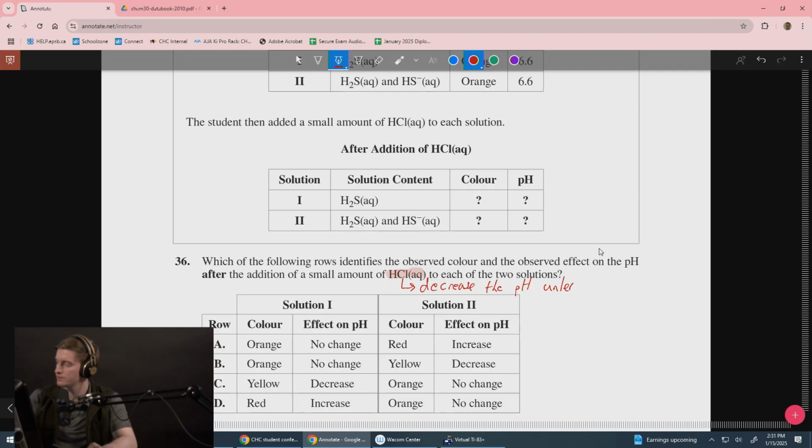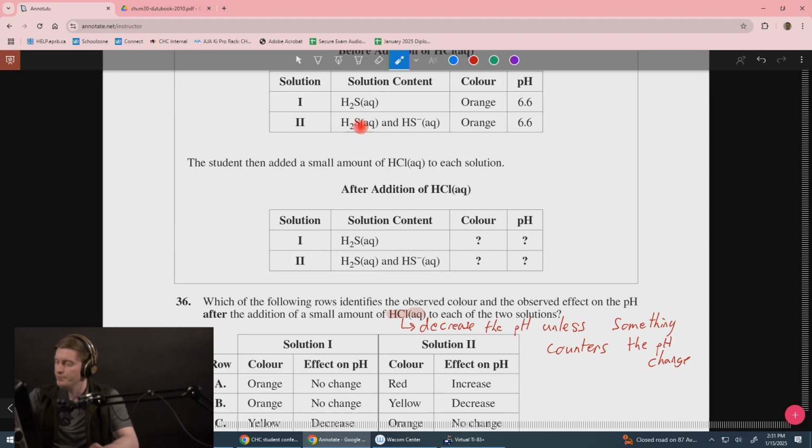unless something counters the pH change, like a buffer. Solution 2 has a conjugate acid-base pair, which means that it has a buffer. The buffer can resist